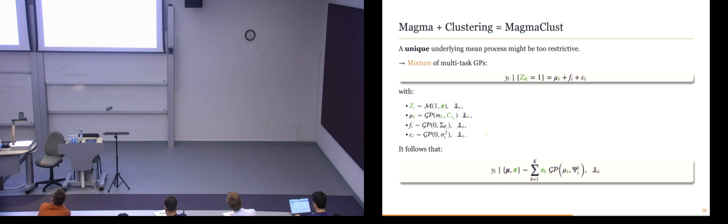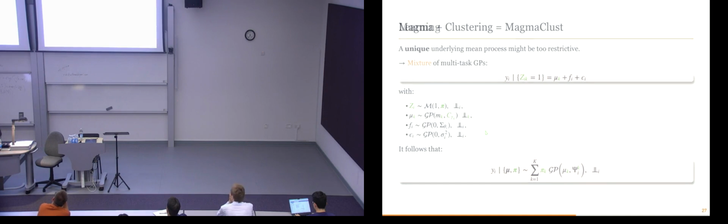And conditionally to those two quantities, each individual is independent from all the others, and we don't have a GP anymore, but a mixture of GPs. So just a linear sum of GPs with adequate weights, and weights that sum to 1. Okay, cool. So, problem. We had a nice EM algorithm before, but now we can't use that anymore